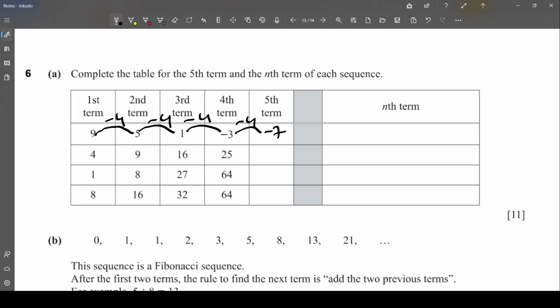Then another term should be equal to plus 4 is 13, so 13 minus 4n,